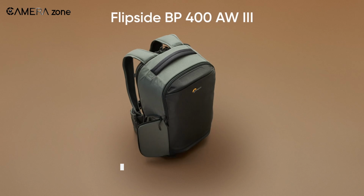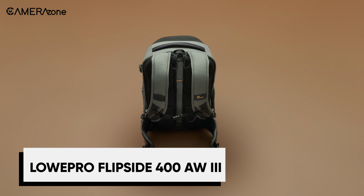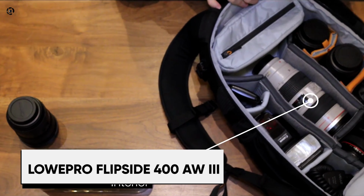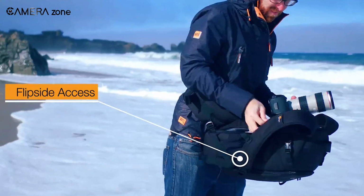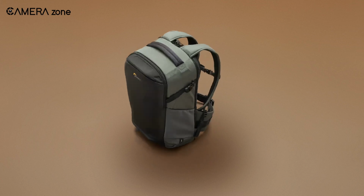Last but not least, the Loa Pro Flipside BP 400AW3 offers convenient access. Simply take the bag off, lay it down, and unzip the back access panel. The grab handle makes it easy to move the bag in this mode. The new single side access offers a secondary entry point for quick lens changes. The updated divider layout